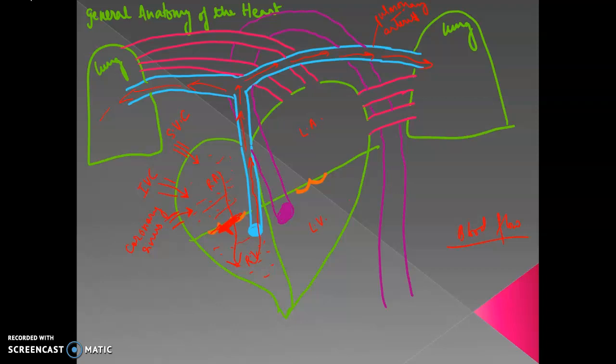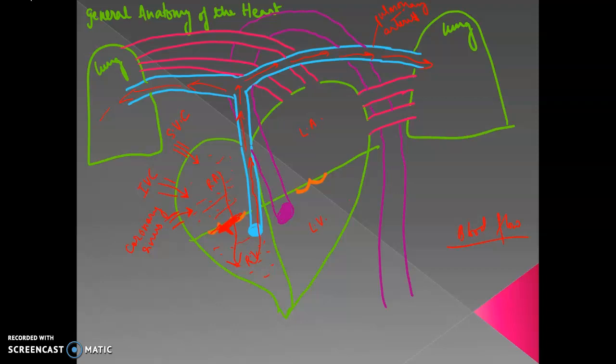As more and more blood enters the right atrium, pressure builds up, and due to the high pressure, the tricuspid valve opens up and blood rushes from the right atrium into the right ventricle. So more and more blood enters the right ventricle now, and as pressure builds up, two things happen. First, the tricuspid valve is shut closed, and the pulmonary semilunar valve is forced open, leading the blood into the